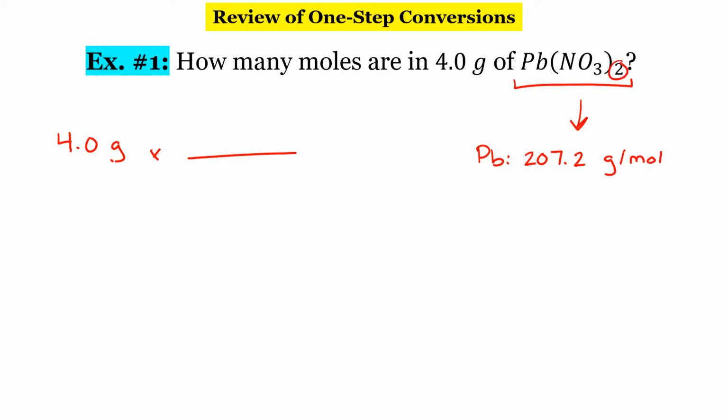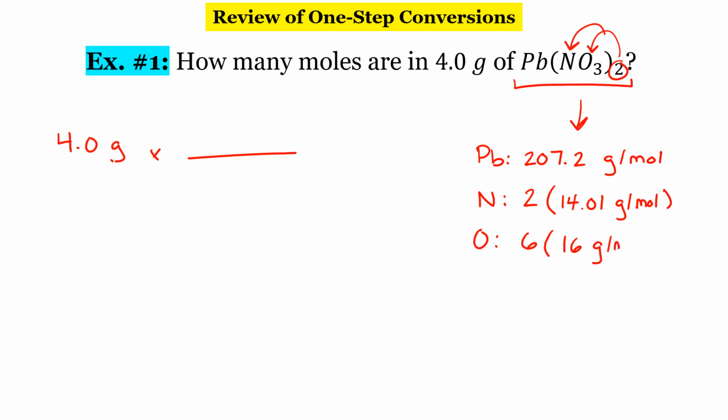Our 2 here is going to apply to the oxygen and the nitrogen. So we'll have 2 nitrogens. Each nitrogen has a molar mass of 14.01 grams per mole. And then we also have oxygen. Oxygen, we're going to have 6 total. Each oxygen has 16 grams per mole. So go ahead and do some multiplication, add everything up, and you get